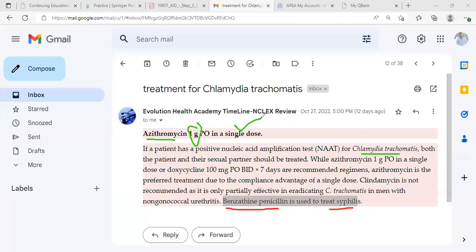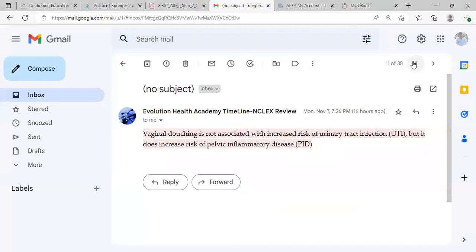The advantage is a single dose. If azithromycin has any kind of contraindication or is not good for my patient, we choose doxycycline, but 100 milligrams for 7 days is the recommended regimen for the patient who is positive for chlamydia. Next here,